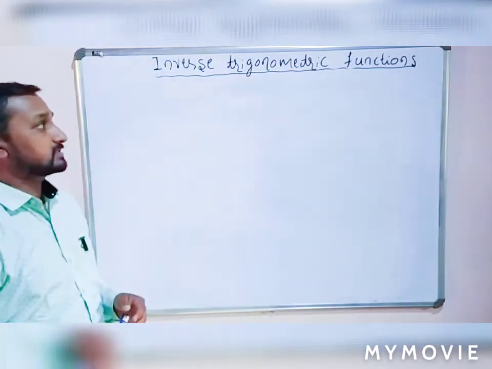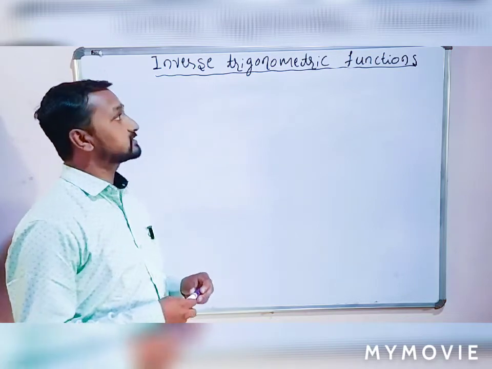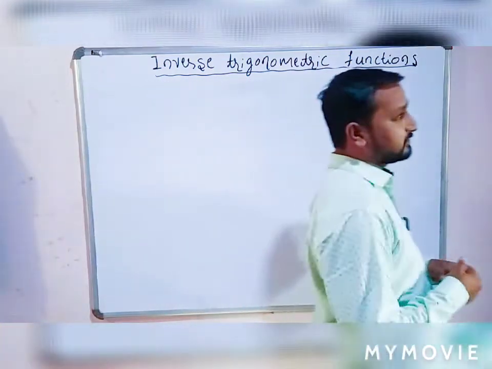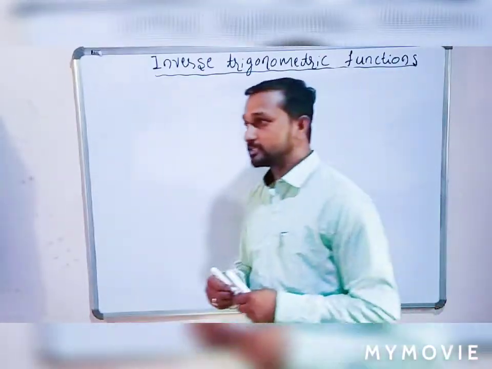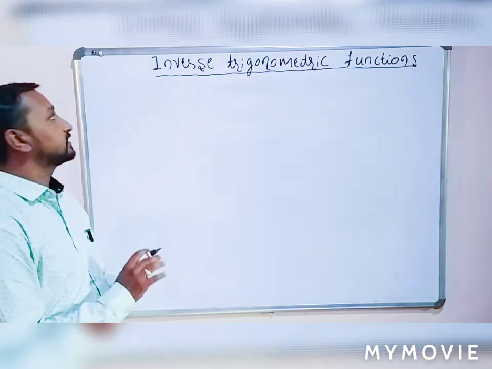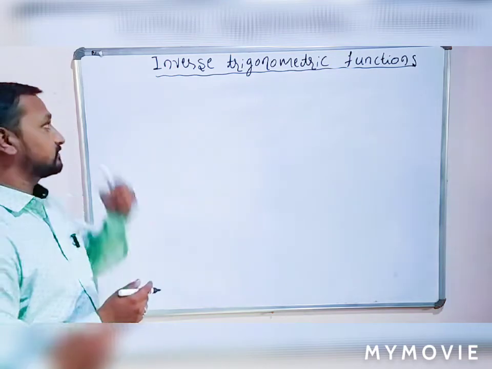In the previous class we discussed exercise 2.1 based on inverse trigonometric functions, that is, principal values. So today we will discuss some examples based on standard properties of inverse trigonometric functions. First we solve two important properties as well as examples.